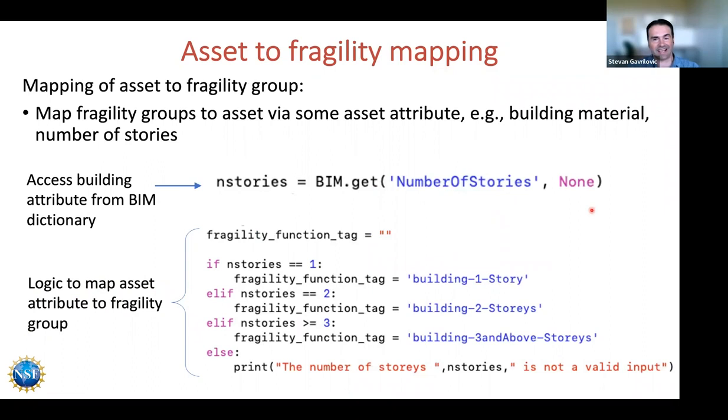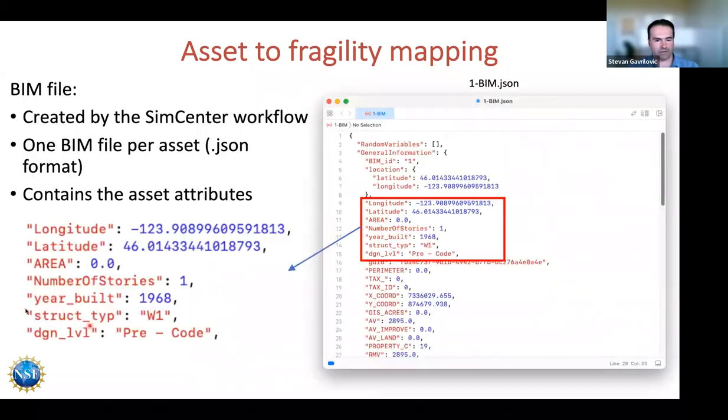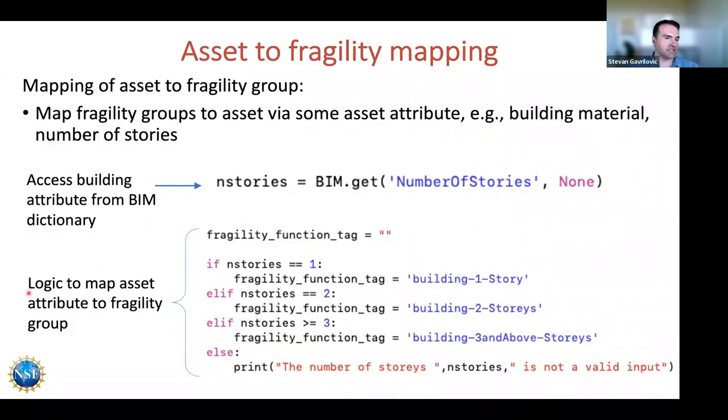As I mentioned previously, these asset attributes are important. In this case, I use one. So here's that dictionary. It's as simple as saying get. In this case, I use number of stories. And I'm going to use the number of stories to map this particular building to these fragility functions. So in this simple example, I have three fragility functions: building 1 story, building 2 stories, and building 3 and above stories. And down here is the logic that I use to map this particular attribute, number of stories, to these three